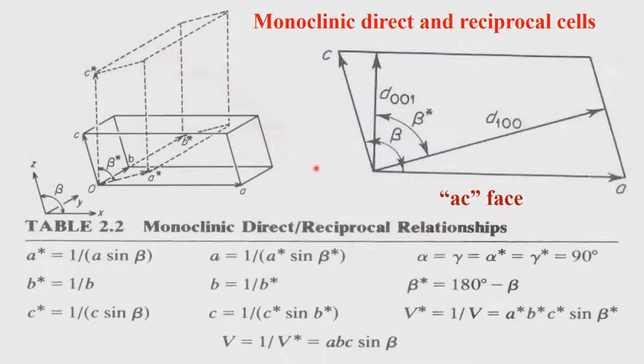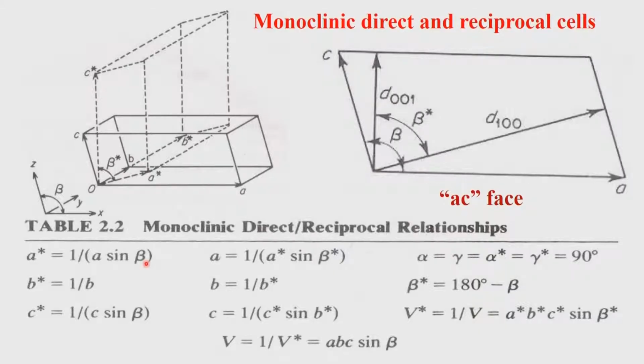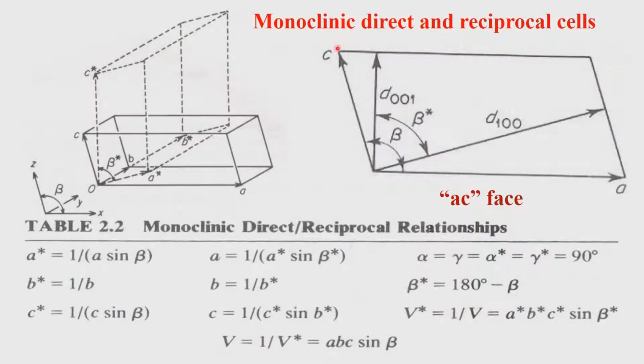The reciprocal lattice will now be differently oriented than in the case of an orthorhombic system. It is not going to be coincidental with the directions of a, b and c, because now a star, the reciprocal lattice, will now be 1 over a sine beta. That is because we have to now consider the normal to the plane. You remember the previous picture where you saw the 4 normals being drawn to 4 different planes. So, we have to consider the normal to the plane, and therefore, this is the plane, this is the ac projection, and this will be the plane corresponding to